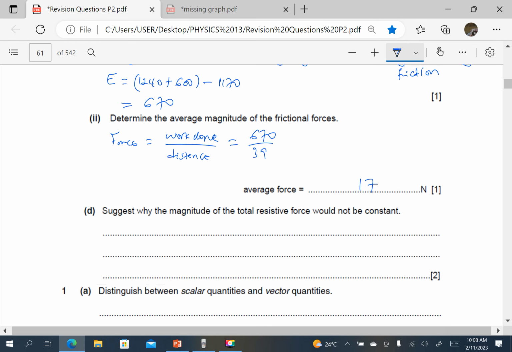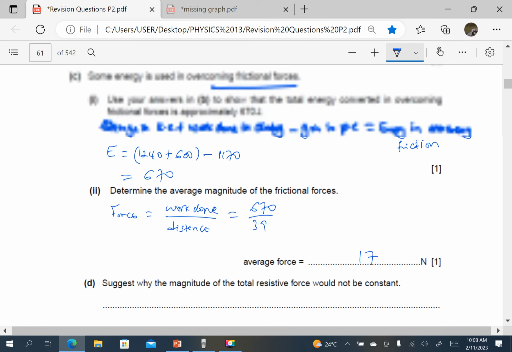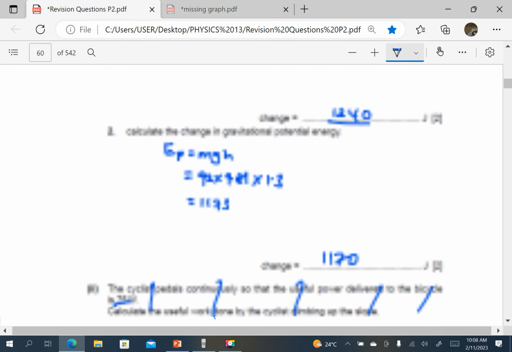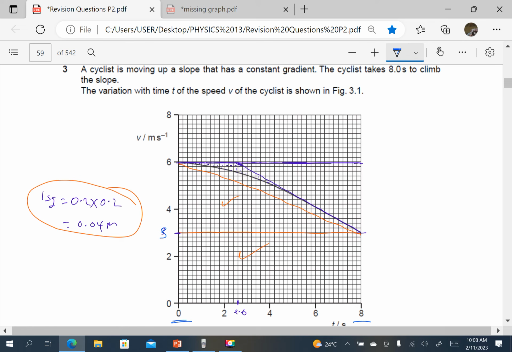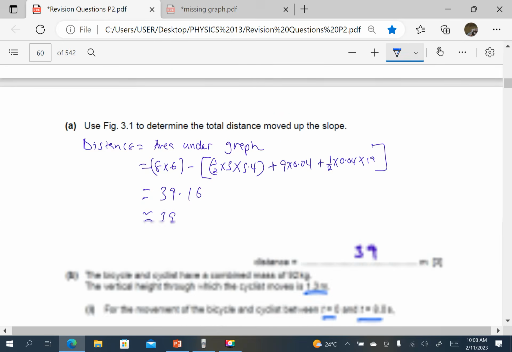Suggest why the magnitude of the total resistive force would not be constant. Of course, it cannot be constant, because the speed changes from 6 to 8, this to 3, the speed is decreasing. A decrease in speed means the air resistance decreases. If the air resistance decreases, then it means the magnitude of the resistive force cannot remain constant,